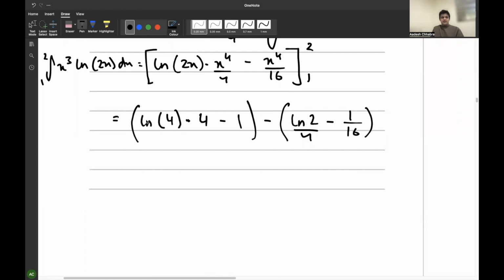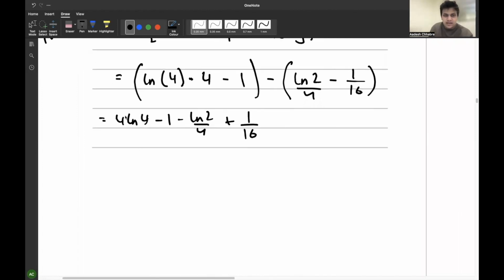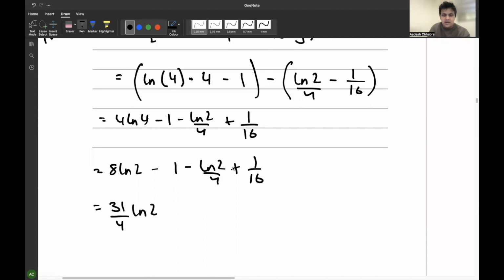Okay, so now that I have this, ln4 can be rewritten as, so, I'm going to first simplify this. So we have 4 ln4 minus 1 minus ln2 by 4 plus 1 upon 16. ln4 can be written as ln2 to the power 2. So this becomes 8 ln2 minus 1 minus ln2 by 4 plus 1 upon 16. And then I can simplify this down. So 8 minus a quarter is going to be 31 by 4 ln2, and then minus 1 plus a 16th